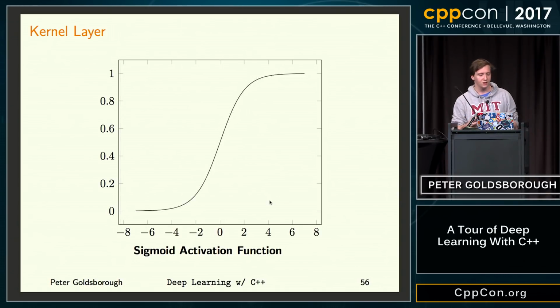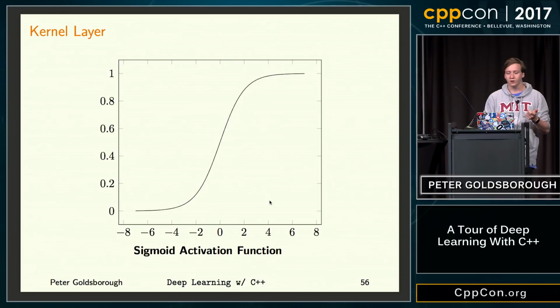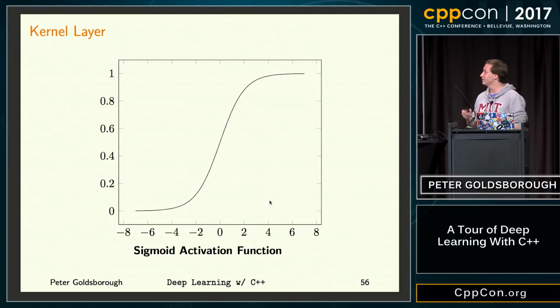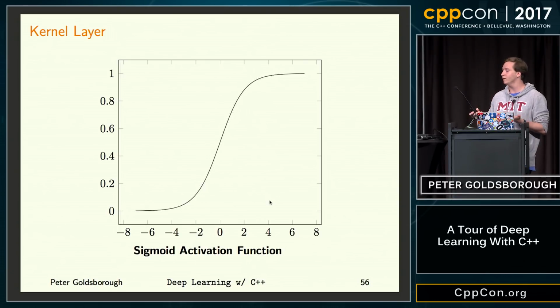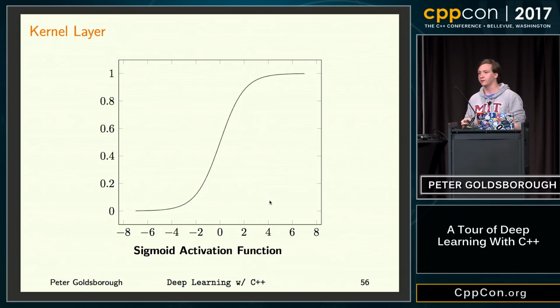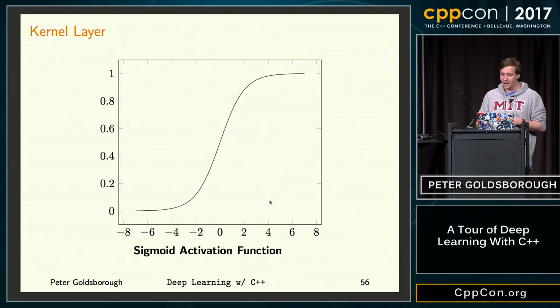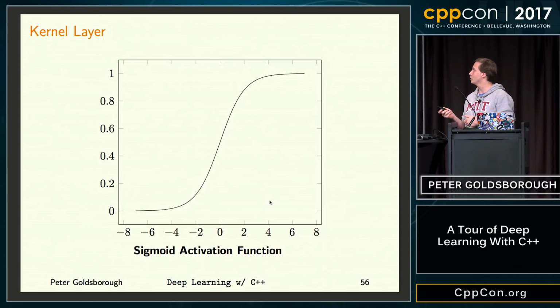They also have other purposes. For example, in our case of the discriminator, this particular activation function has a nice property of mapping values into a range of 0 and 1, which we can then interpret as probabilities. So that's what we also need. But I just want to actually use this as an example of a kernel.